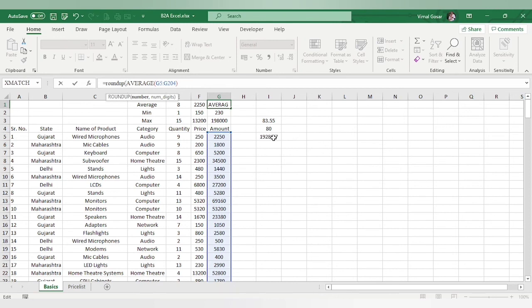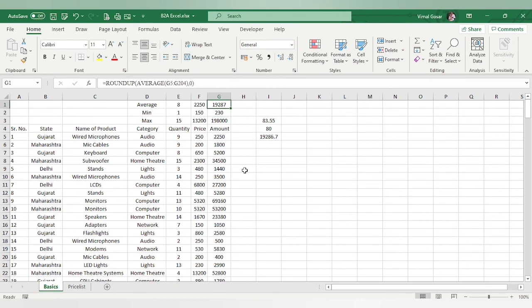So 19287, it will become 19287, even if the decimal is 0.00001. Right now we have a value of 19286.7. So if I do that with 0, the next value will be 19287. The moment I do that, I get a value of 19287, and if I copy and paste it over here as values, I'll get 19287.